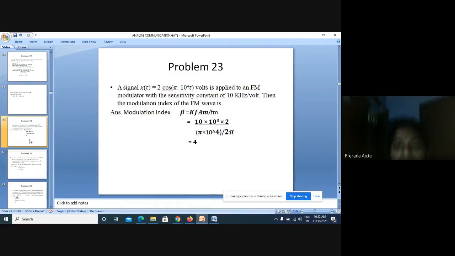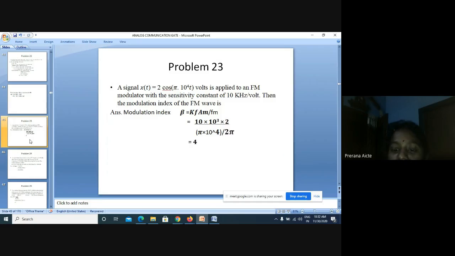Okay. These are some of the examples they may ask you from angle modulation. They may ask us to find the bandwidth. What is the bandwidth required for FM transmission? This is one type of question they will ask you. The other question they may ask us is to find the modulation index. They will give data, and from that we need to find the modulation index. What is a modulation index? We all know beta.